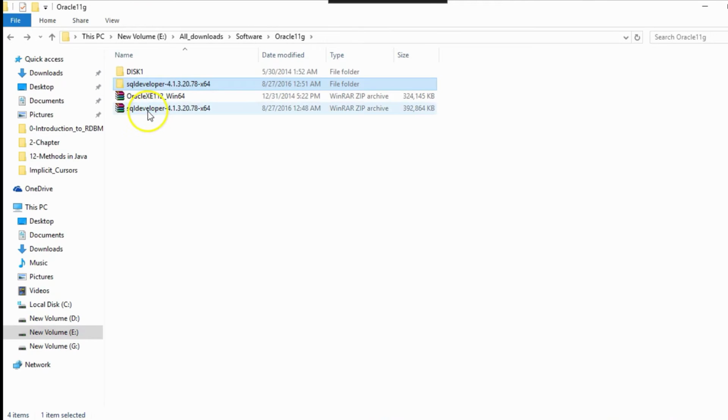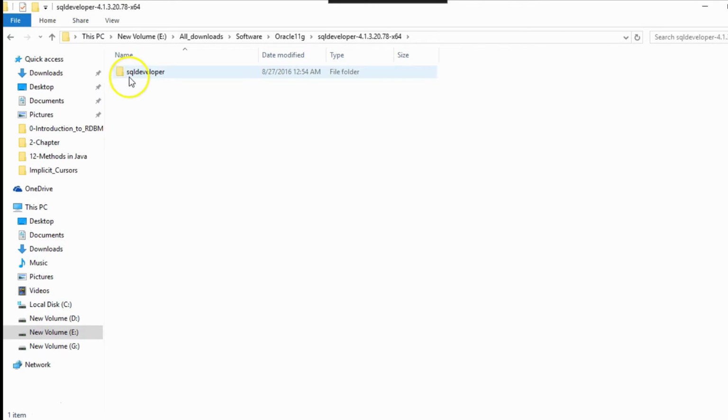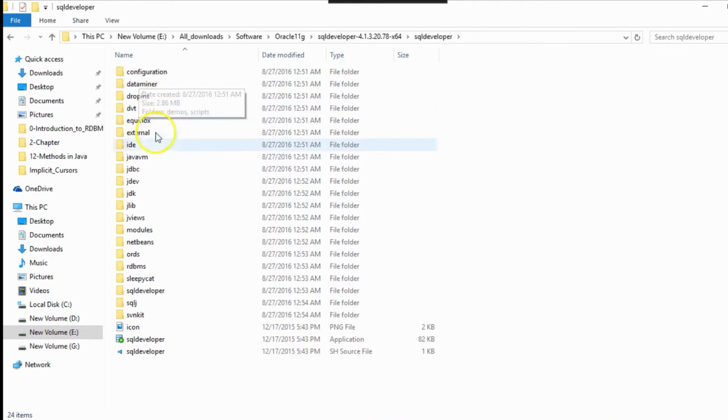When you unzip this file, this directory has been created. Inside the directory you have another directory called SQL Developer. Click on that and you will have all the files.